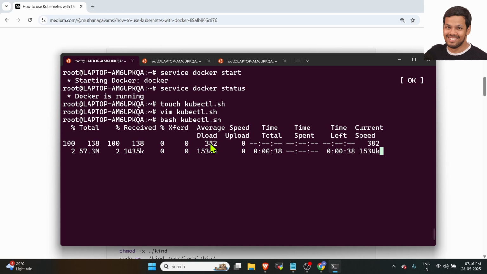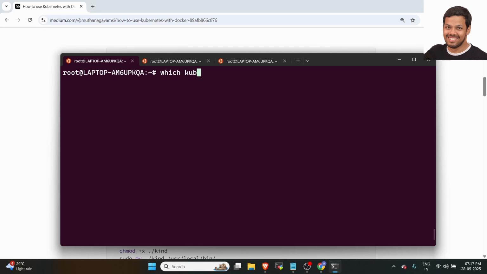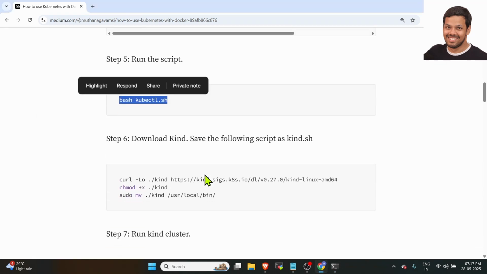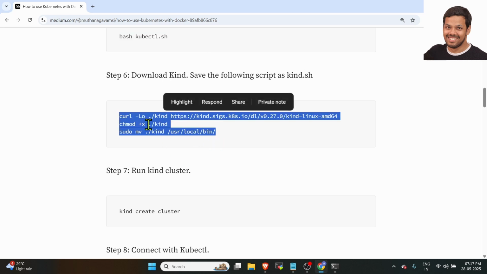I am following the steps so that it makes your life easy. You just copy paste stuff and you should be able to set everything up and running. So it's done. Okay, kubectl is up and running. Now let's set up kind